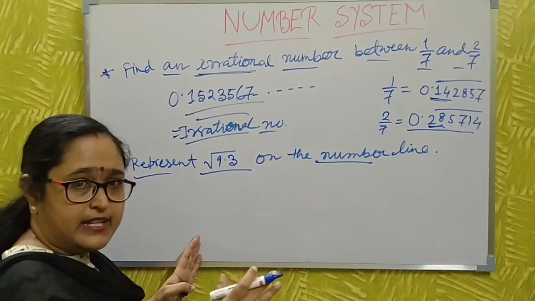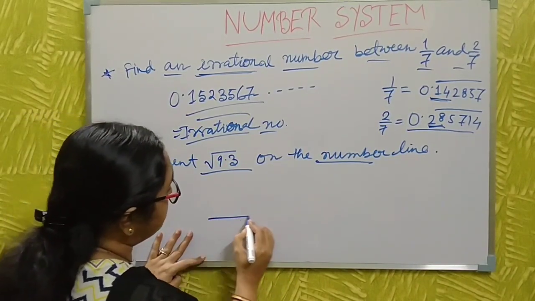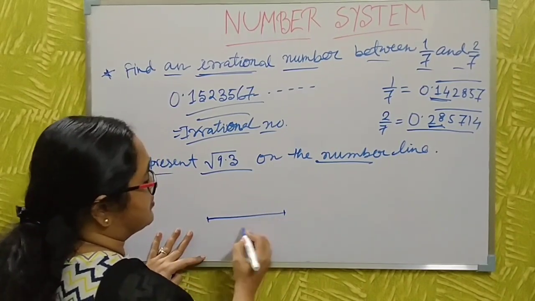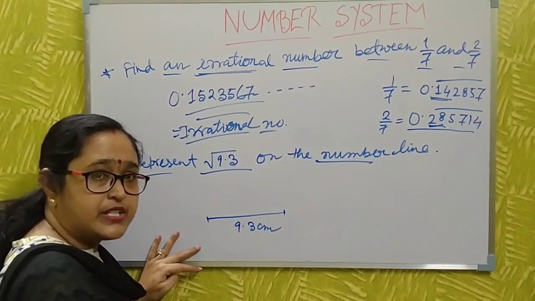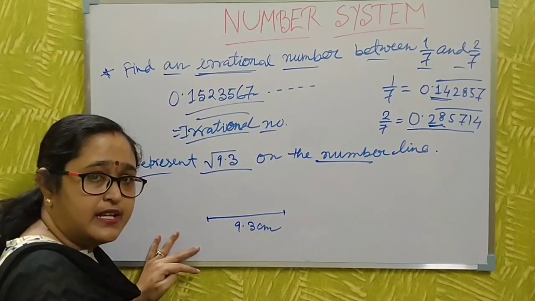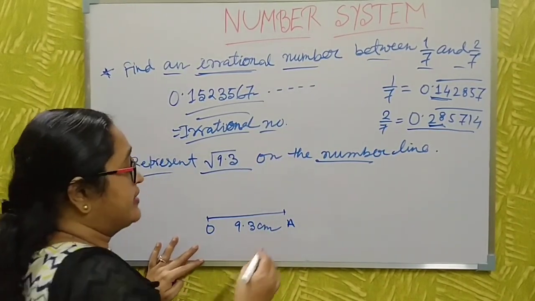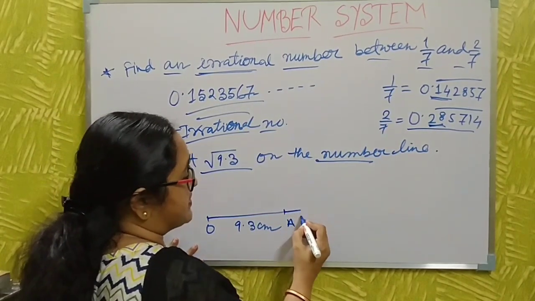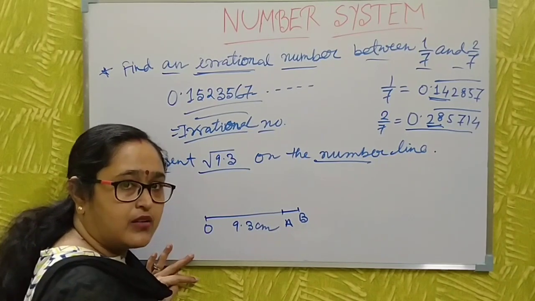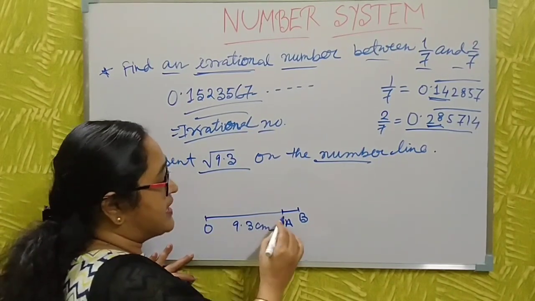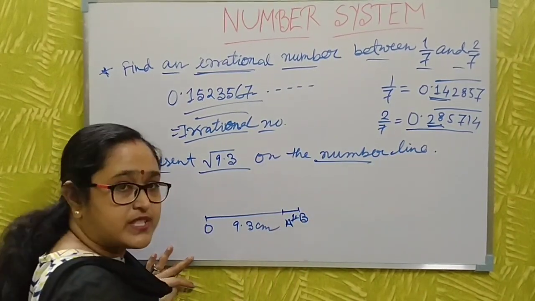Now, you have a scale. You put the scale and measure here. This is 9.3 centimeter. You put a scale here and then measure 9.3. Write the name also. Then you measure 1 centimeter. Okay, this is 1 centimeter. Understood? First you measure 9.3 with the scale, and then you measure here 1 centimeter with the scale.